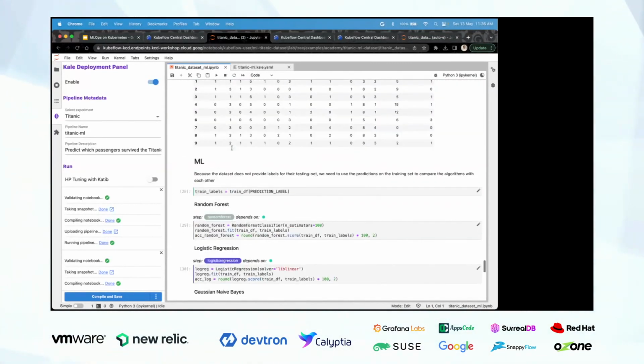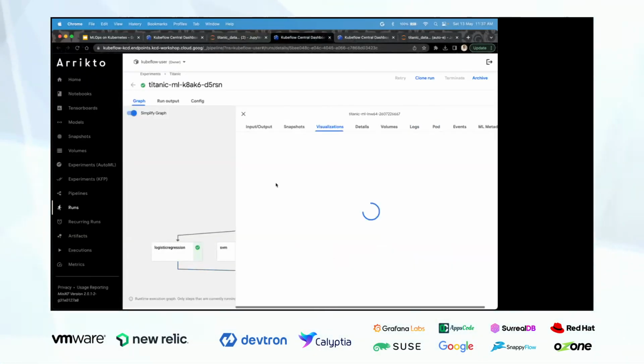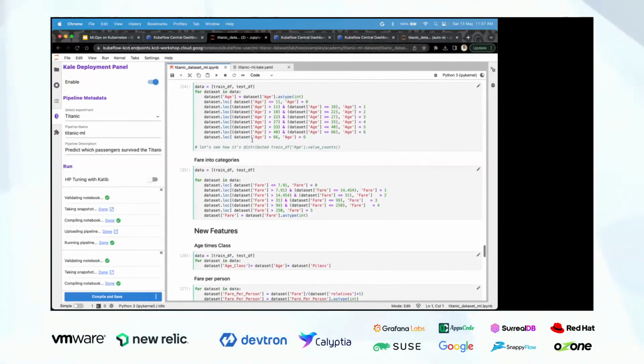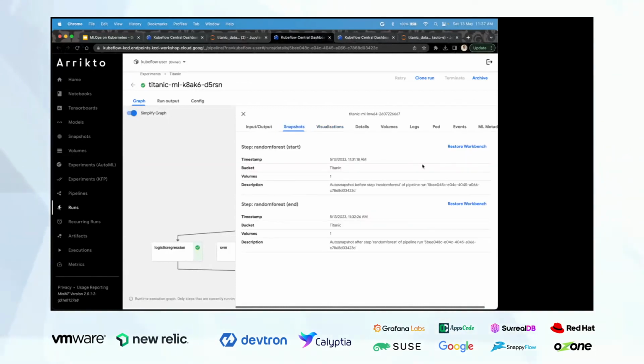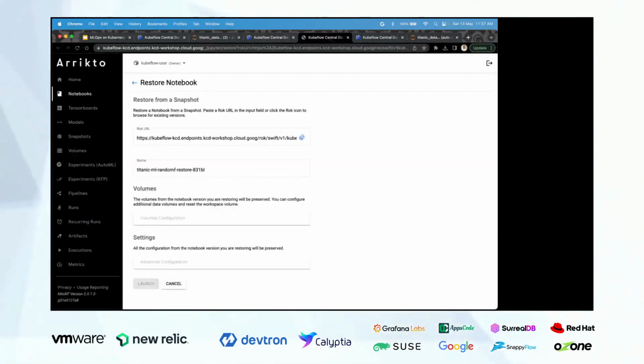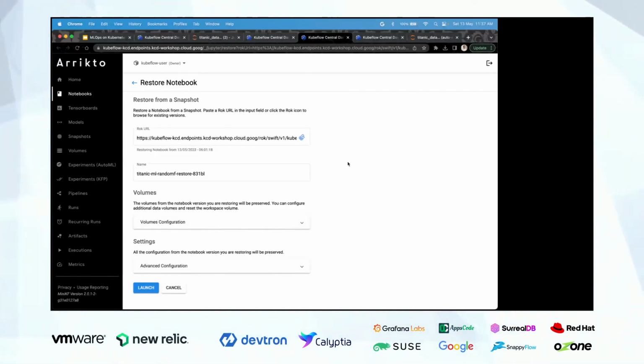So suppose now I want to rectify this error. I will go to the random forest block, or the first block of the cell over here, before any model training starts. I will go to the snapshots and then to restore workbench. It has launched a new UI where the rock URL is auto populated, which is basically the snapshot of that particular block from the start.